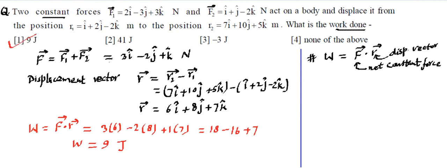So making sense? Here we are using the vector. That means we are using the vector addition, then vector subtraction in this, and then the dot product of vectors. So entire vector algebra you can see over here. And if you don't remember this earlier, now onward you can remember work done is defined as F dot R, where F is a net constant force, R is the displacement vector. Making sense? Now let's move ahead.